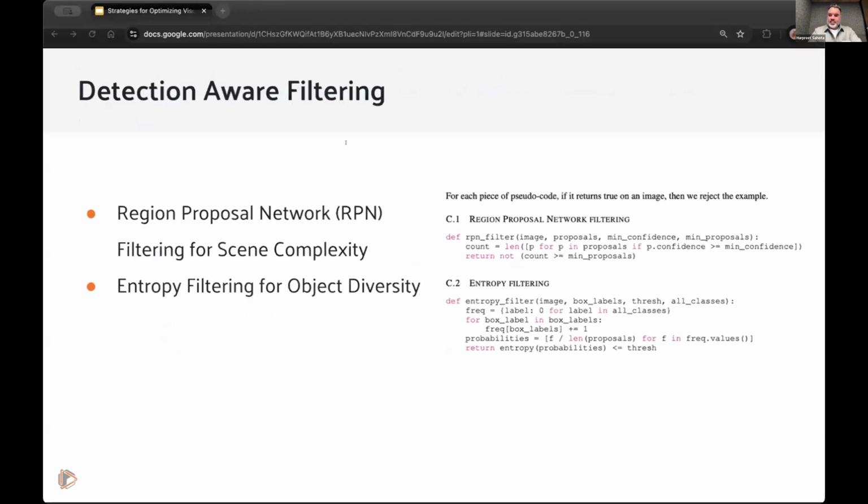So this detection-aware filtering that I had mentioned in the previous slide, I just want to walk you through what they propose here. So they have a pseudo labeler, which is just a pre-trained object detector that's going to look at each image in the data set. But instead of using it for a traditional object detection task, they use it as a smart filter. So there are two main stages. There's the RPN filtering, right? And so this RPN filtering